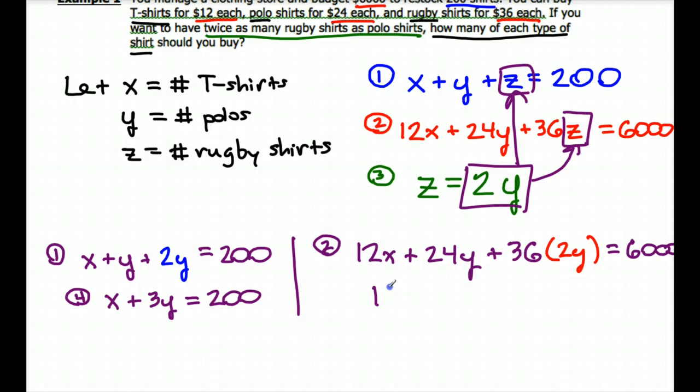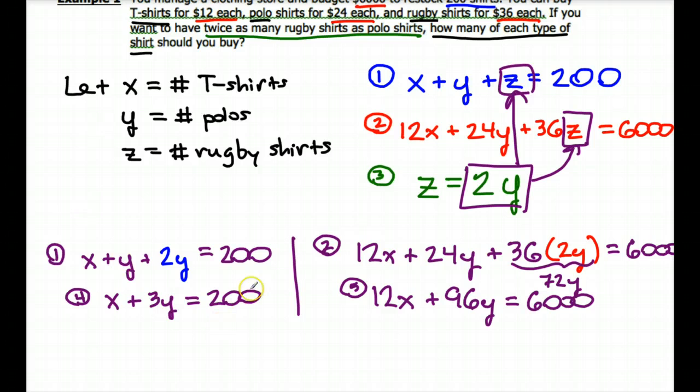So that's going to give me 12x plus, I have a 24y here, I have a 36 times 2y, which becomes 72y. So it's 24 plus 72, I'm going to get 96y equals 6,000. And I'll go ahead and name that equation number 5. Okay, so once you get equation 4 and equation 5, then you can go ahead and go to your graphing